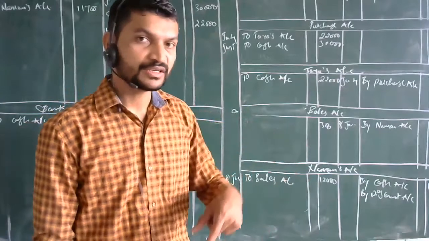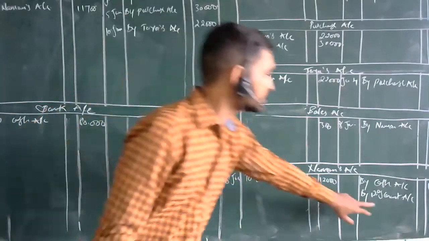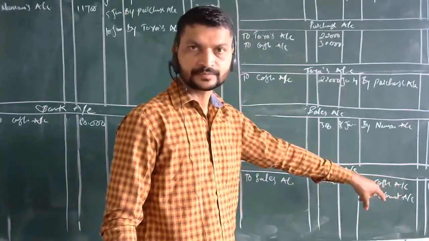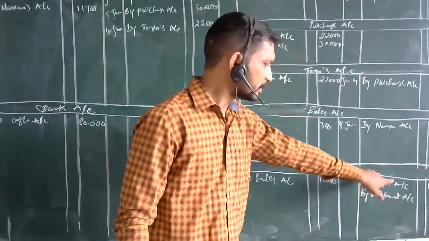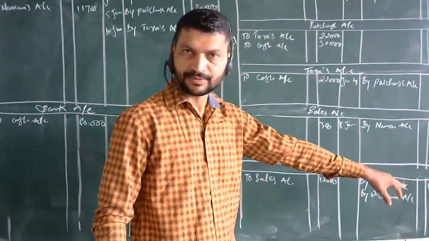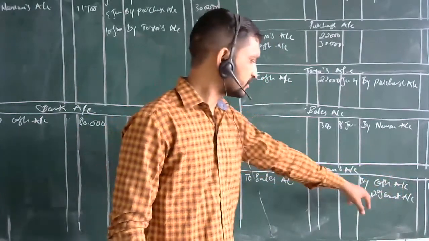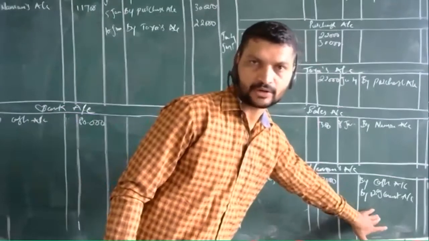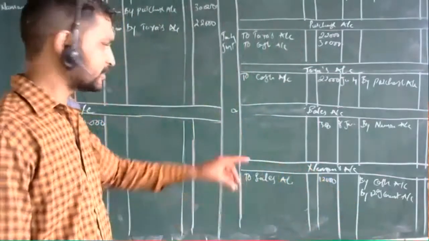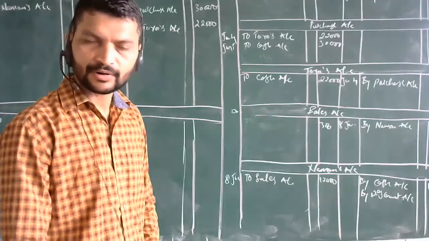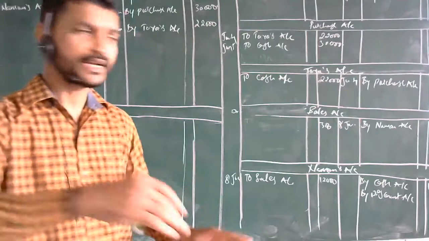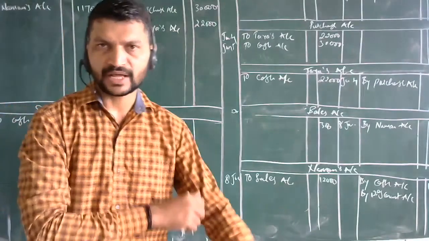You are giving the discount to whom? Naman's account. So here we have taken Naman's account, which has been credited 12,000. It has been told that in terms of cash 11,700 you have credited and 300 you have credited over here. Means this and this transaction is shown over here in Naman's account, right? So in this way, soon after the completion of our class, I'll send you all the answers for this. But before that, as I am telling you all, you have to try the answers.